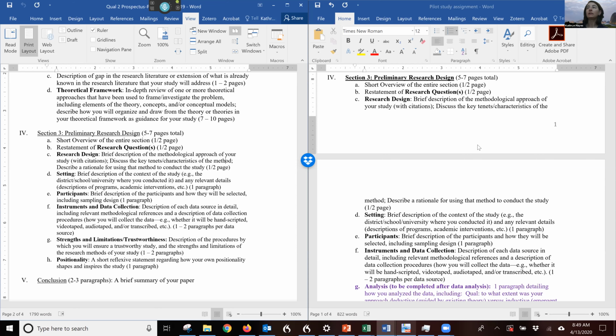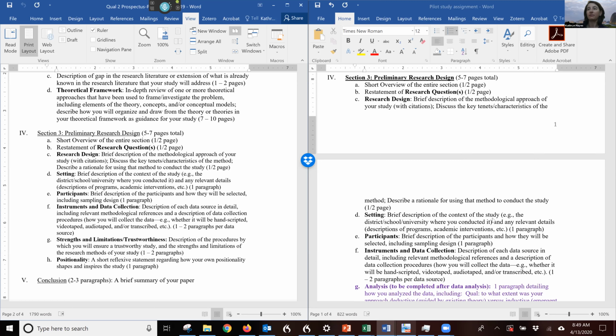Now, in your pilot study, you are going to be revising your methods. So we're going to separate them out, revise for the Qual 2 and revise for the pilot study. In the pilot study, you need to revise your methods to be in past tense and describe exactly what you did.